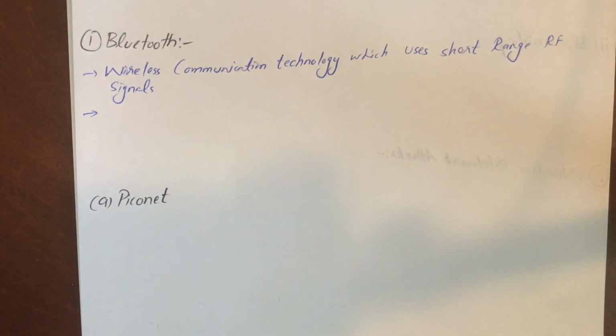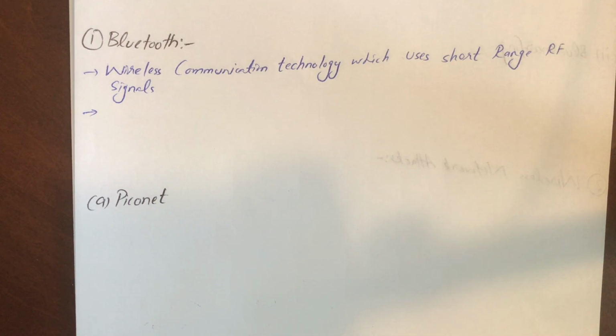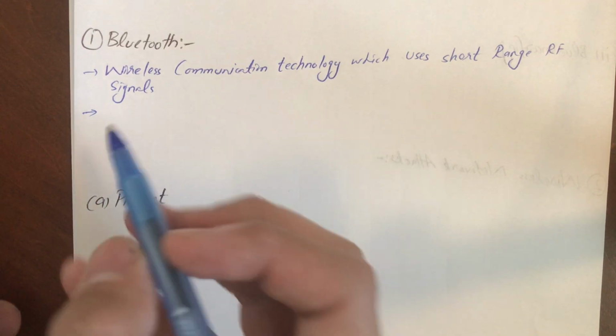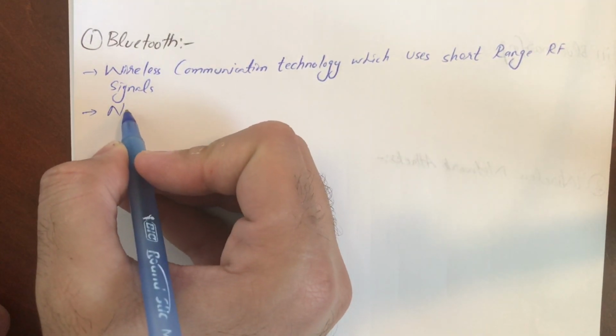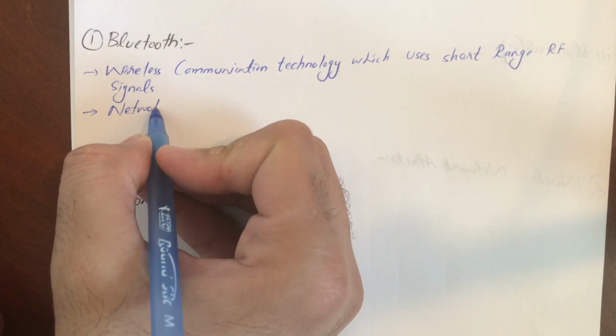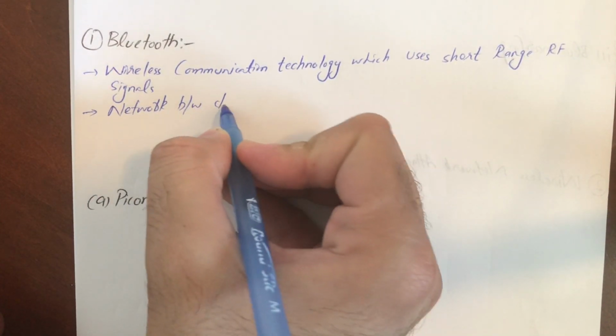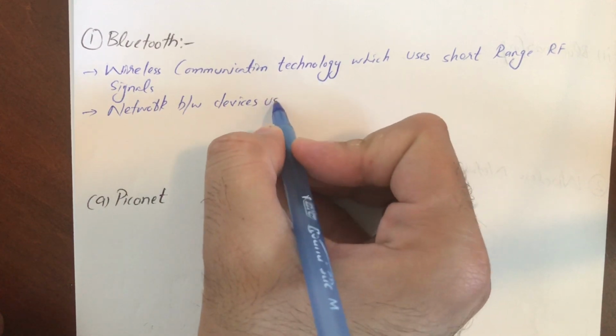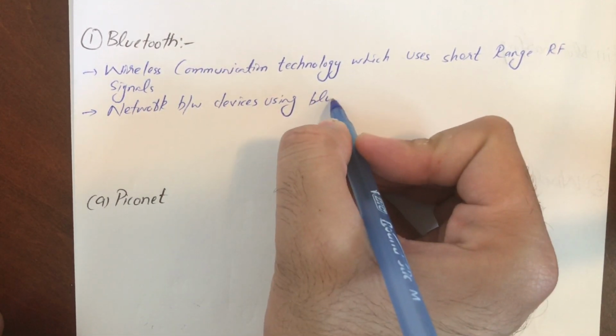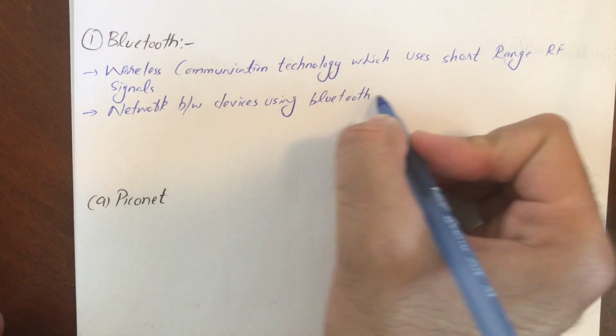It offers poor security compared to any other wireless technology because of weak security, or you can say weak encryption algorithms. Because if we increase the complexity of the algorithms, automatically what's going to happen? You will suffer latency and delay in Bluetooth, which is not desirable. The network between devices using Bluetooth